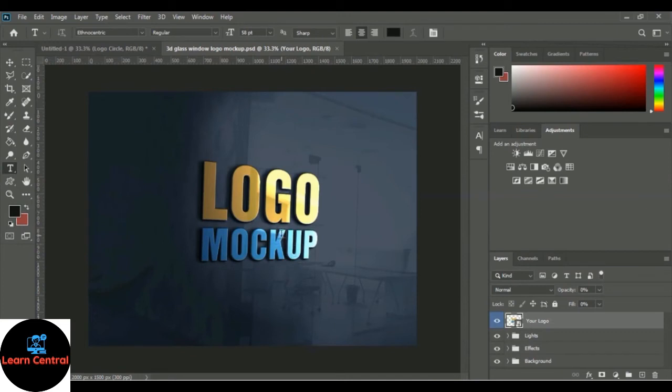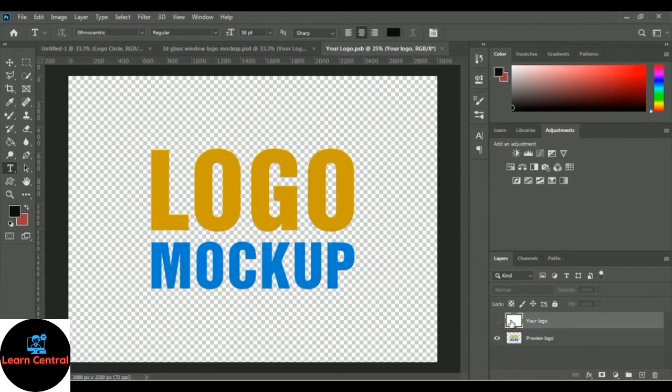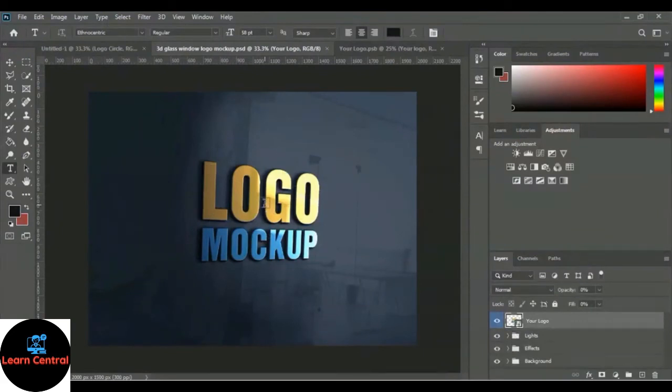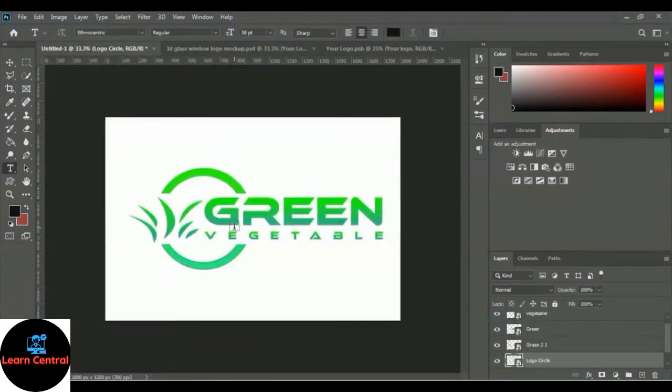So here is our 3D glass window logo mockup PSD file, and we have to double click your logo layer in here. So let me double click on here, and we will place our logo over here, and therefore I want to turn off the preview logo layers. So let me turn off the preview logo layers, and right now we will place our green vegetable logo in here. Then we will get the realistic view of our logo on this mockup file. So let's move this logo